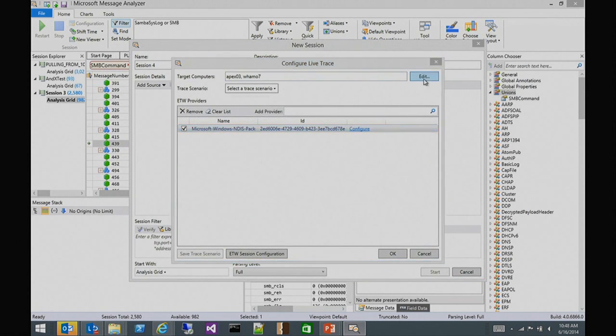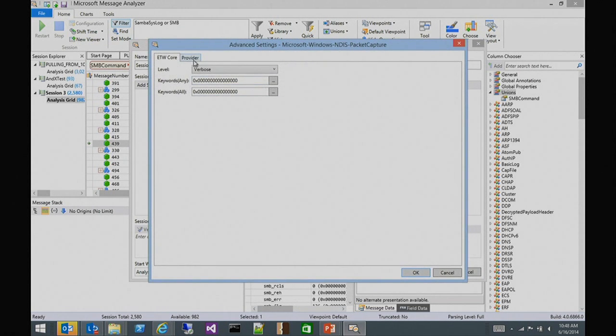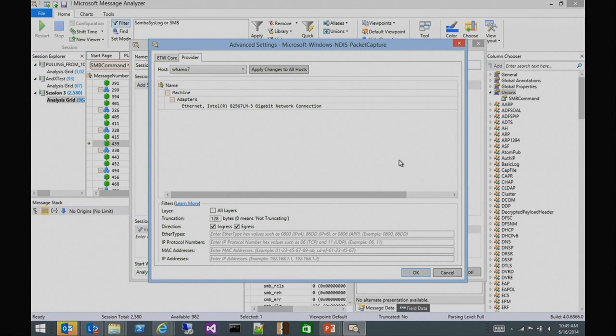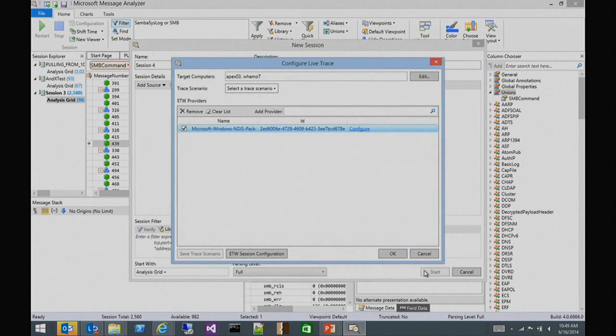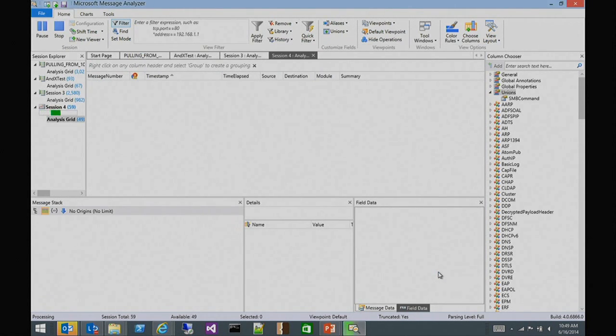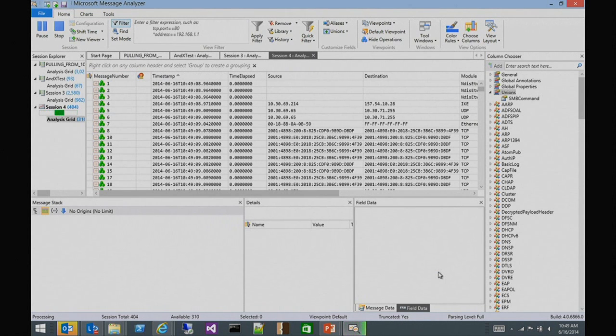And by the way, I can configure both machines in there. That was one machine. The other machine is just a desktop, so it only has interfaces, not Hyper-V, so there's only one interface there. And then I could start the capture. So now it's going to go to each of those machines, start the capture, and send the data back to me. So the one machine in North Carolina, the one machine in Washington, collecting all that data in the same